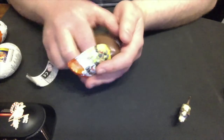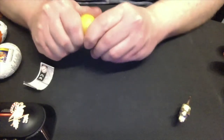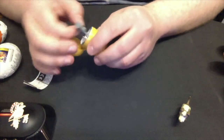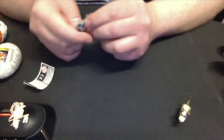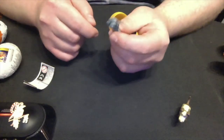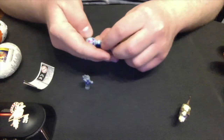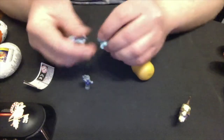So again, the chocolate. Let's open this one and get the toy outside. This was the Ninja Turtle one, and this one has... What the heck is this? This looks like some kind of hammer. What? Okay, what's...